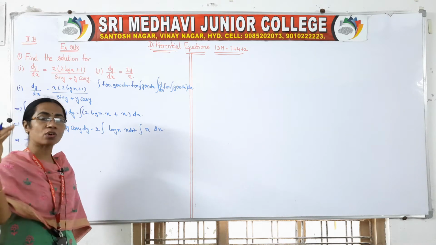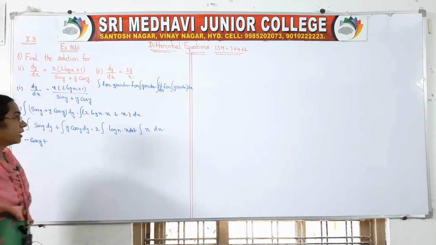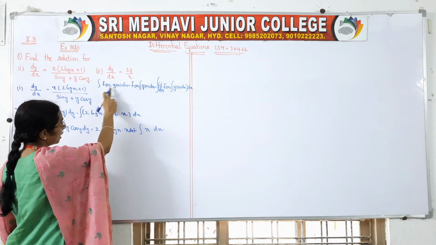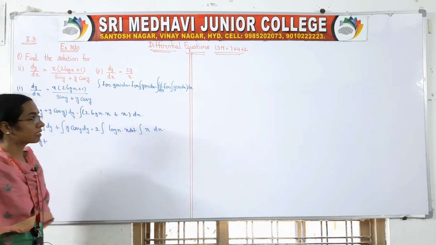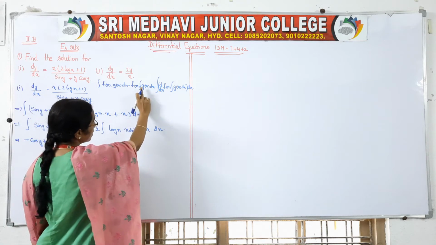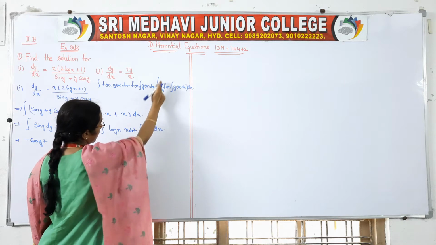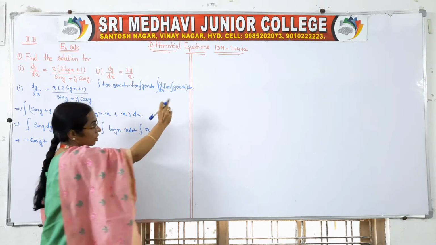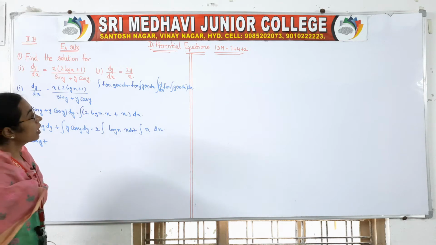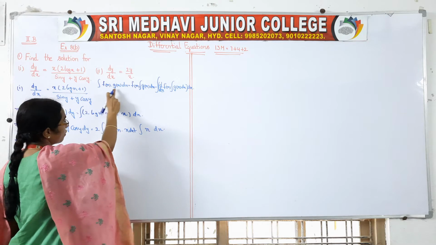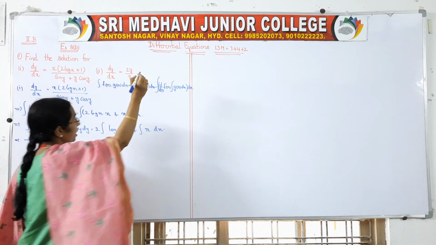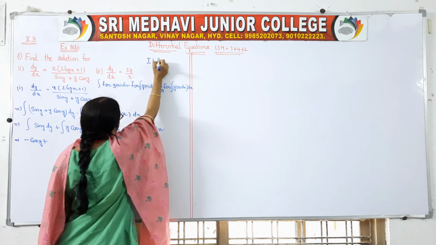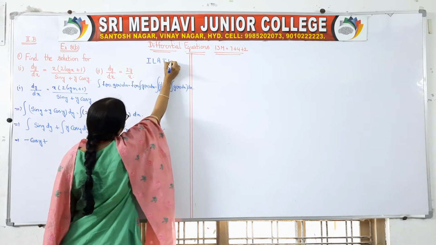In differentiation you got the product form. Similarly in integrals we got the product formula like this. Suppose two terms are there, f of x into g of x dx, then we have to take f of x integral g of x dx minus integral of d by dx of f of x integral g of x dx whole dx. And to decide this f of x and g of x functions, we have to follow one rule that is called ILATE, right. What is the meaning of ILATE? Means